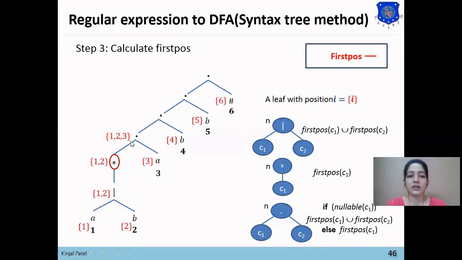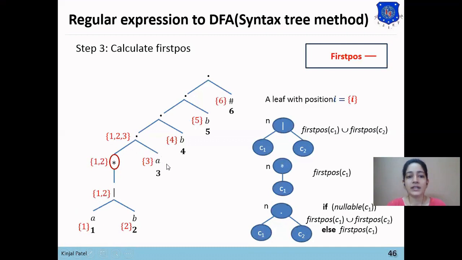Now we will find the first position for the second dot node. For the second dot node, we will check the nullable of C1, whether C1 is nullable or not. Here the C1 child is the whole subtree of the dot, that is (A or B) star dot A. Here (A or B) star is nullable, but it is concatenated with A, which is not nullable.